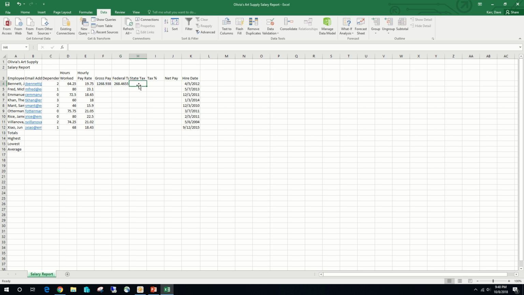Let's go to state tax. So that's H4. State tax is equal to 0.04 times gross pay. Checkbox. The tax percentage is going to be in I4 is going to be equal to, open parentheses, federal tax